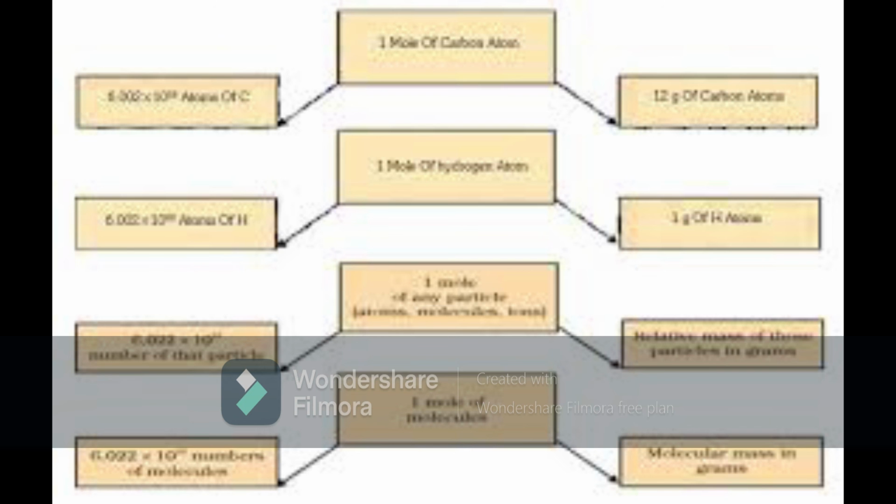For example, for counting fruits, we say 1 dozen is equal to 12 numbers. Like that, 1 gross is equal to 12 dozens. 12 dozens means 144, 12 into 12. Like that, 1 mole of molecules means its Avogadro number, 6.022 into 10 to the power of 23. So you have problems in page number 41. I am going to explain them.